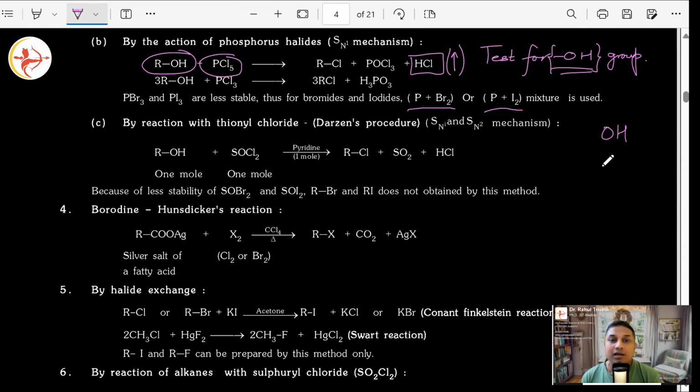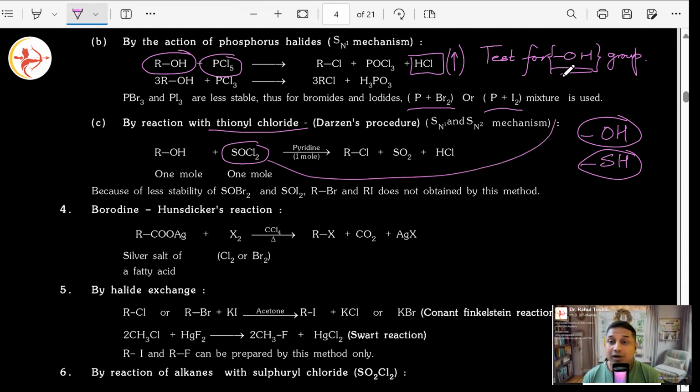In thionyl chloride, thio is in place of sulfur. If SH is present in place of OH, what do we call it? This is thioalcohol. Yes or no? The word thio comes for sulfur, and when SOCl2 comes, we call it thionyl chloride. This thionyl chloride also can give a test for OH group. Why? Because once again HCl is produced, but it's a bit difficult here because two gases are produced, not like the previous case. Are you getting my point? SO2 is also produced, which is a different colored gas. So not so foolproof a test.